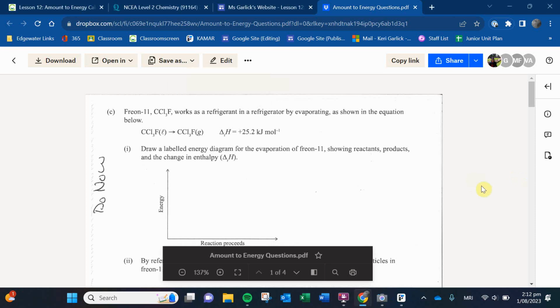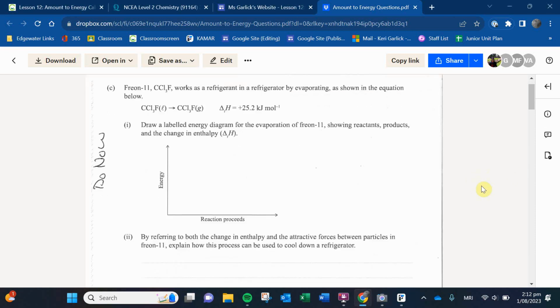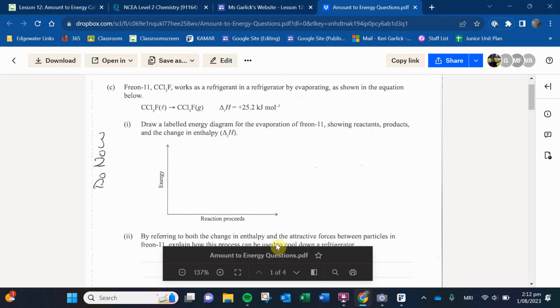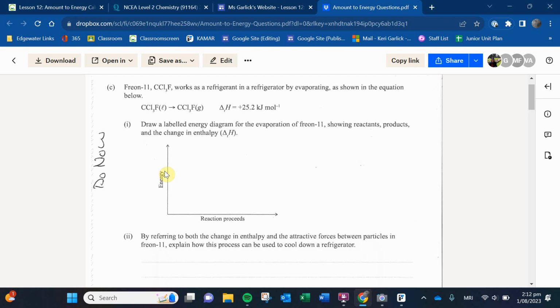All right. So from the do now question that I gave you guys, it was a question from the 2022 exam, which the students that are year 13s took last year. And this was just asking you to draw an energy change diagram. So you have the reaction proceeds, and you have the energy in regards to looking at the reactants and the